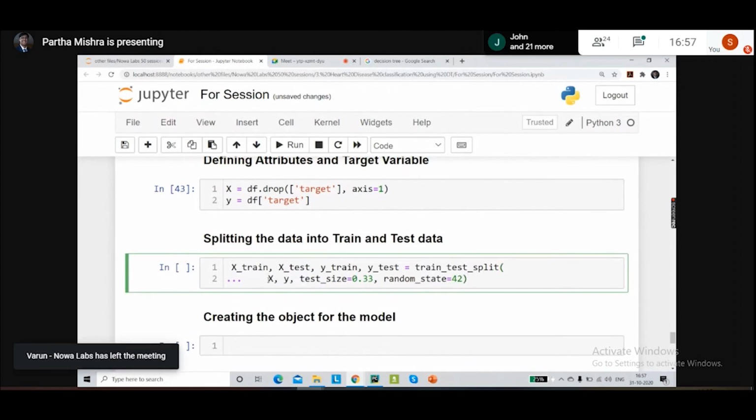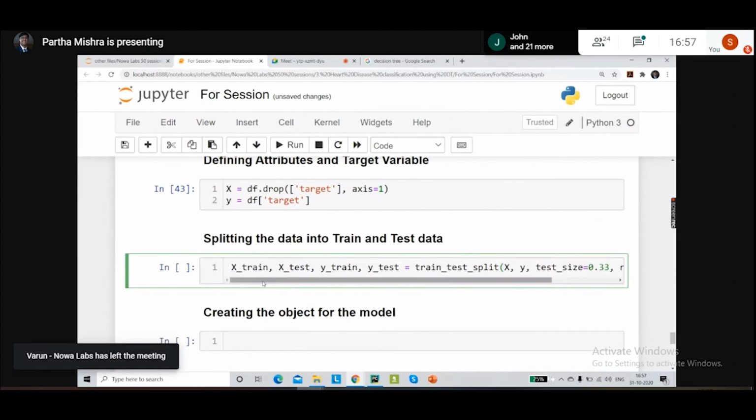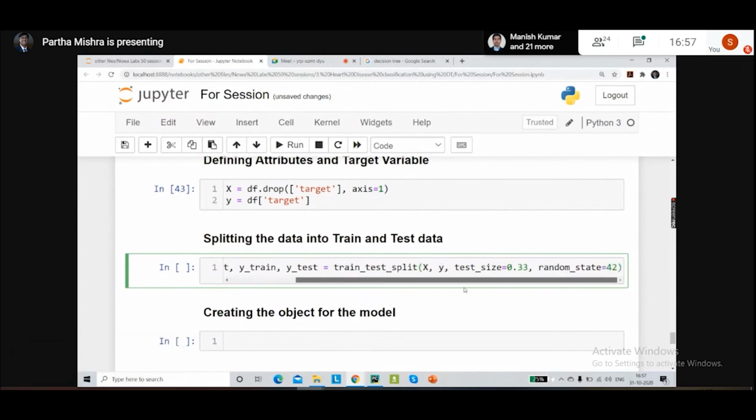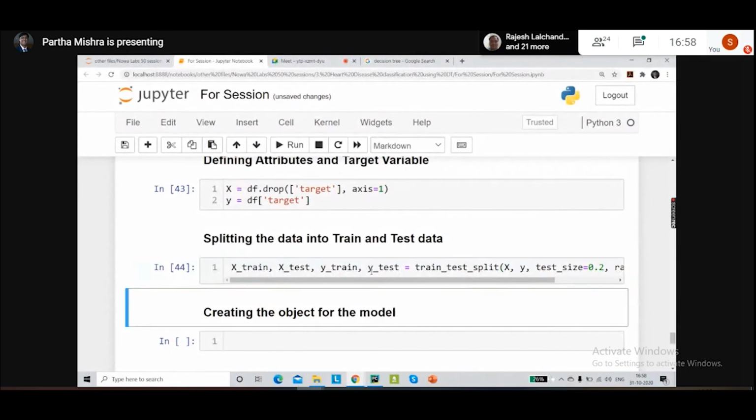Here I'm going to make this adjustment, and since we only have about 300 entries here, I'm going to keep the test size to only 20%. And let's keep our random state, instead of the default 42, let's just convert it to 10. You can give any number to the random state. I have just taken 10 for the time being. Now once we run this, our data has been split into test and train.